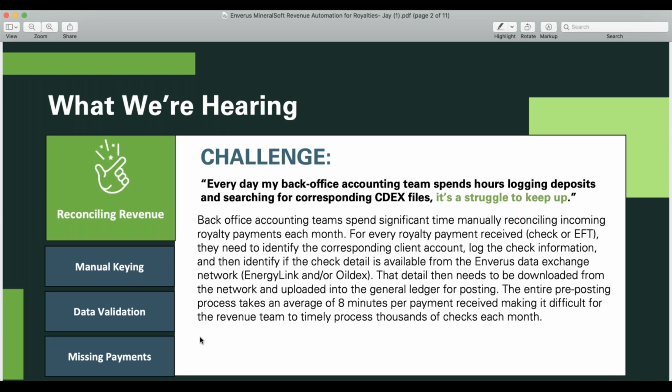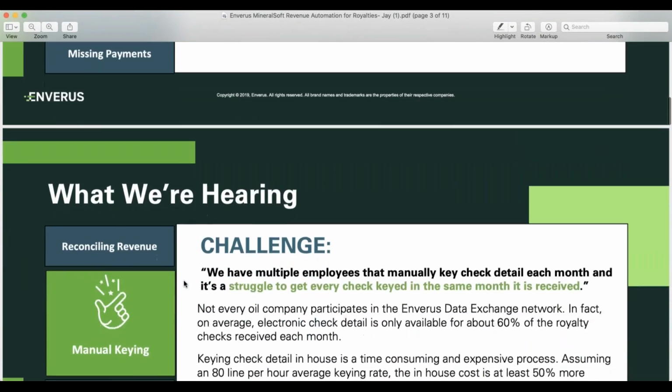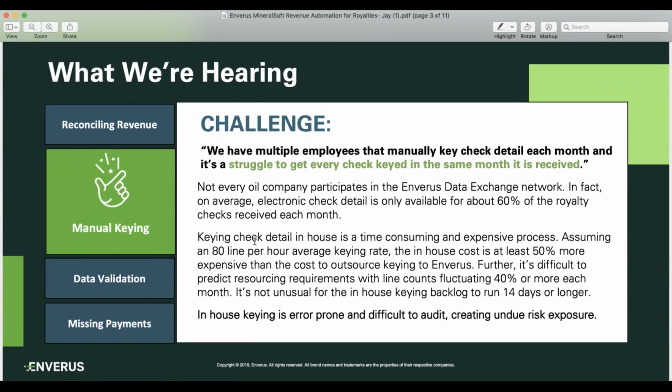The next issue here around reconciling revenue, we have it set up as a different slide, manual keying, but it kind of ties into revenue reconciliation in the sense that you've received the check, you've posted it to your general ledger. Many of your operators have either provided you with a downloadable royalty statement or are sending you that statement detail through CDEX. But as many of you may know, there are many operators out there who don't send revenue detail,